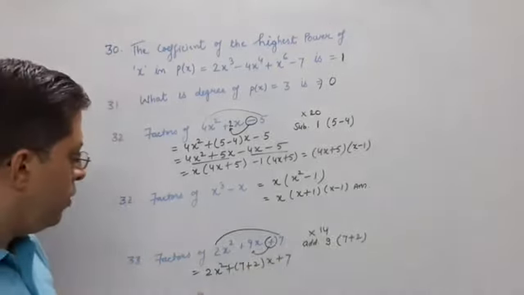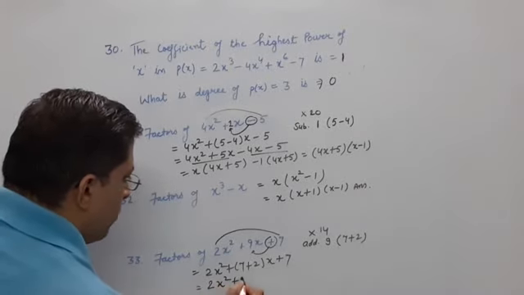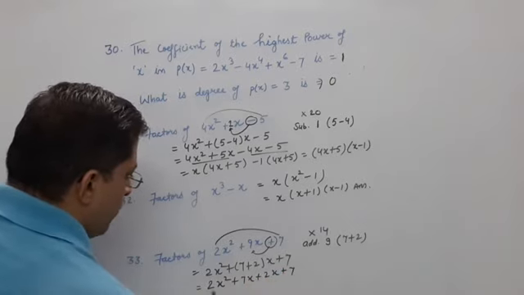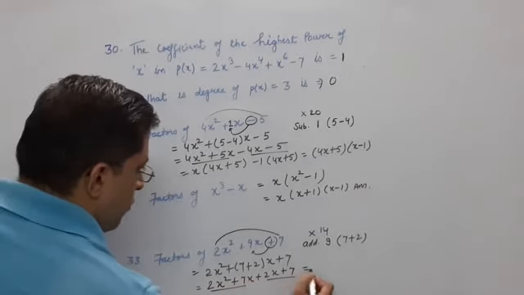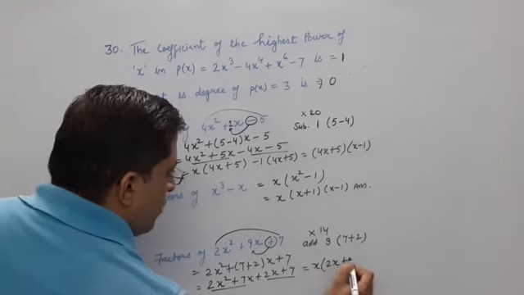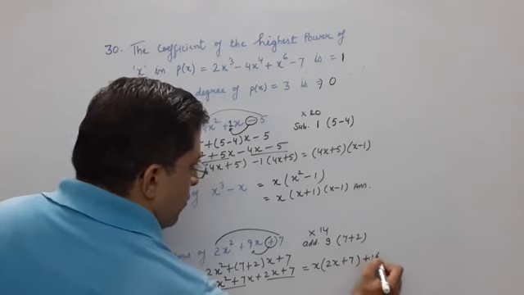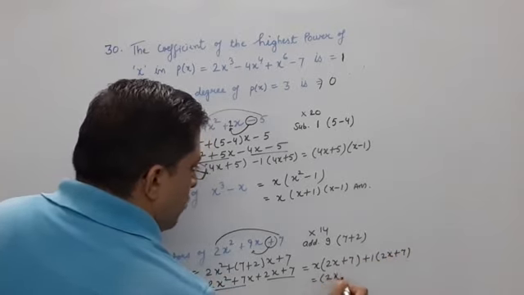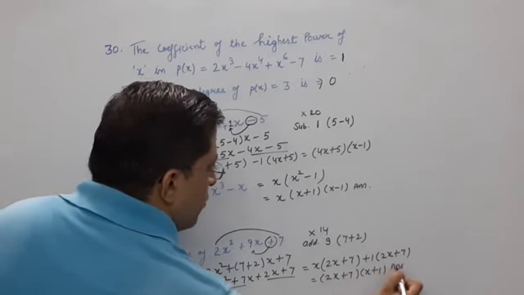Now see here: 2x square plus 7x plus 2x plus 7. Now I am taking common. What is the common factor here? x. That is x(2x plus 7). Here what is common? 1. 1(2x plus 7). Then what is the last thing? 2x plus 7 into x plus 1. This is your